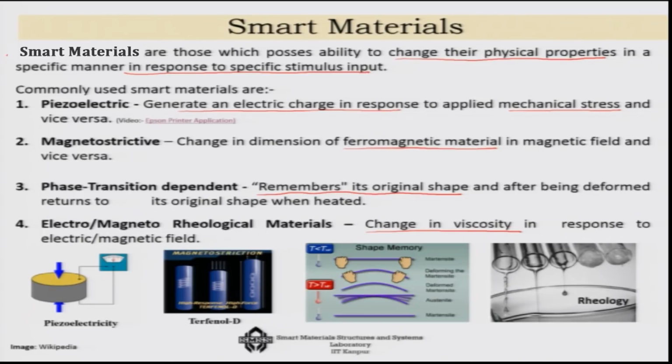in response to an electric or magnetic field. As you can see in this particular case, if the electric field is not applied, the fluid is flowing. If the electric field is applied, it becomes so viscous that it does not flow. So, the idea is that I can make a super viscous material, like glass. If I can make a material super viscous, it will behave almost like a solid